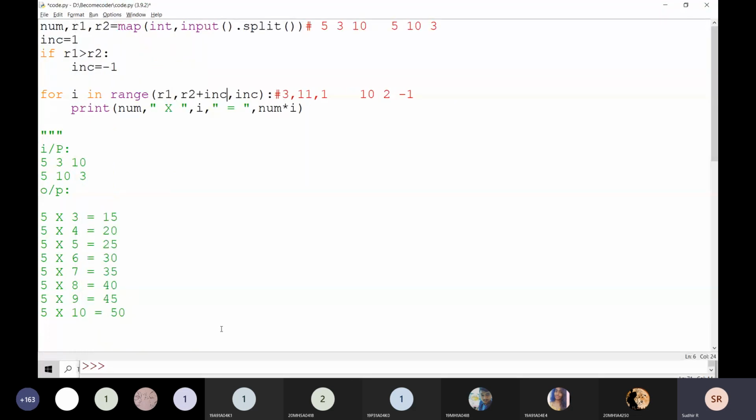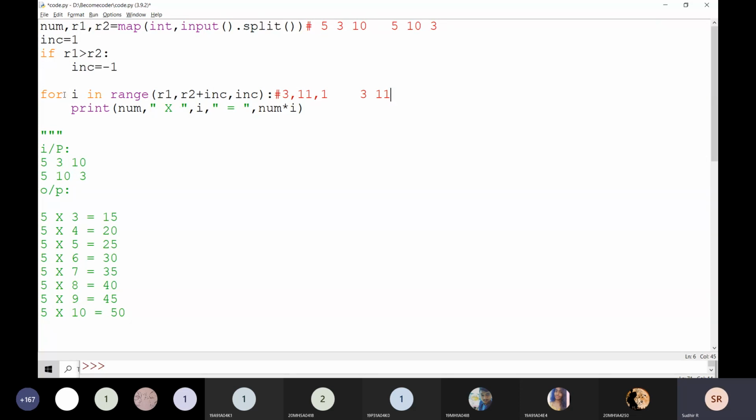That's why here I am going to write inc. What is the value inside inc? For example, if here it is going to be 3, then what is the inc value? That means R1 is greater than R2. R1 is greater than R2, then the inc value is -1. Then 3, for example, here it is going to be 3 minus 1, then it becomes 2. If it is a positive value, for example, if this is the input, this is going to be 3 and this is going to be 10, and the inc value is going to be 1 here. That's why it is going to be 11.